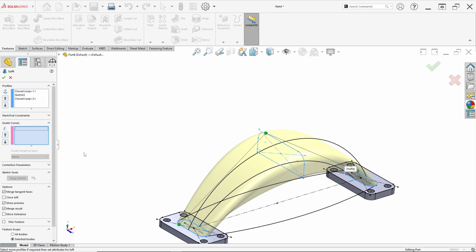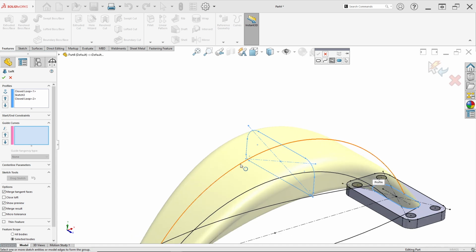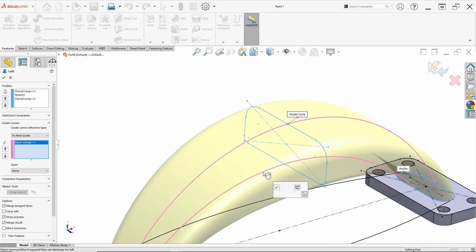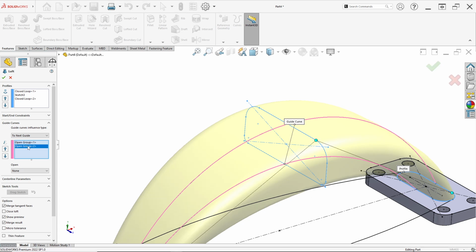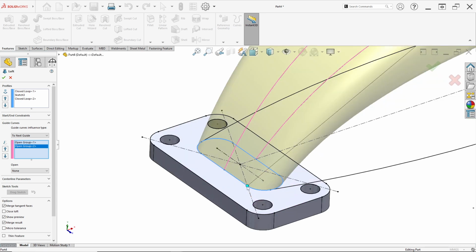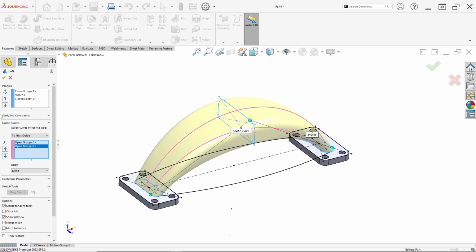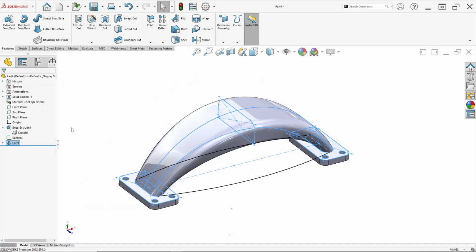And in guide curve, right click again and click selection manager, and in here you must select in select group. First select this top arc and click OK. The name is open group 1. Second, select this arc in here in select group and click OK. The name is open group 2. Automatically the points appear in here like this. It's so simple. After that you just click OK and done.